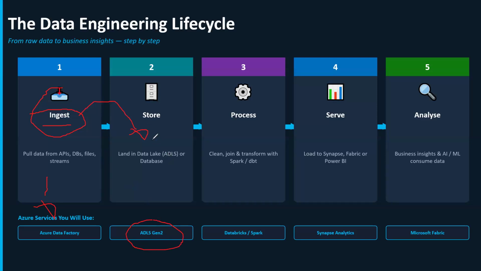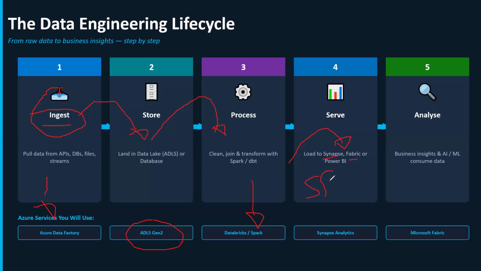Once you store the data, then you are going to process it. You are going to clean, join, and transform the data. As I mentioned, there might be some data quality issues, so you're ensuring the data is qualified enough to get into the system. These are all the transformations and processing you're going to do. In this example, I'm using something called Databricks for transformation, right? Once it is done, you're going to load the data so that the end user can consume it. Here I can use Fabric, Synapse, Snowflake,